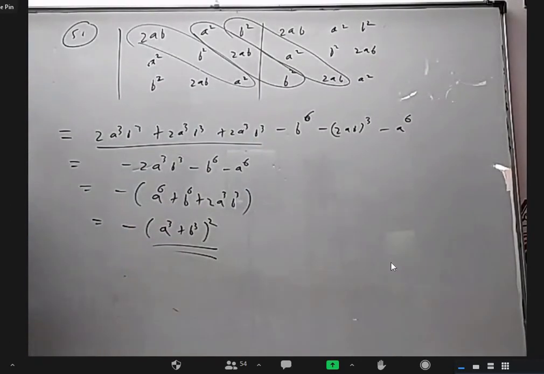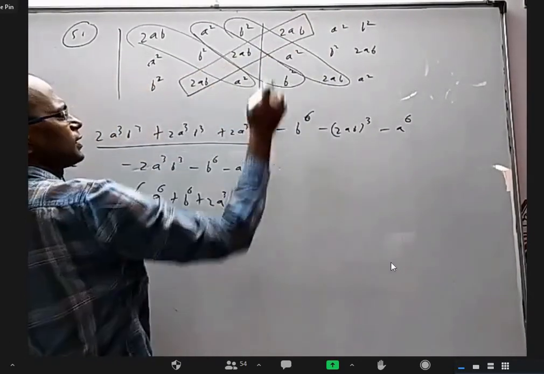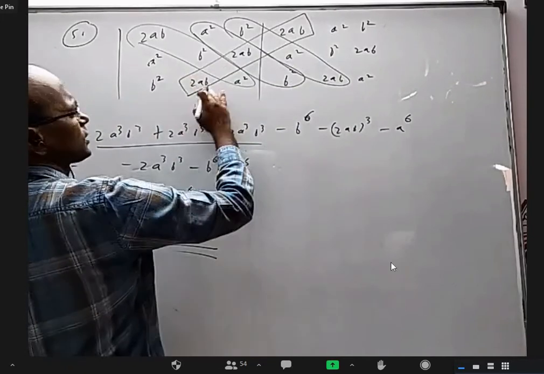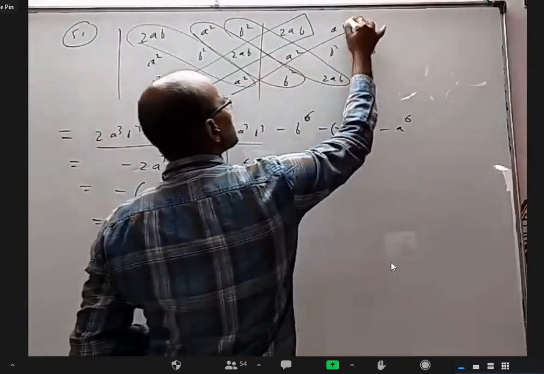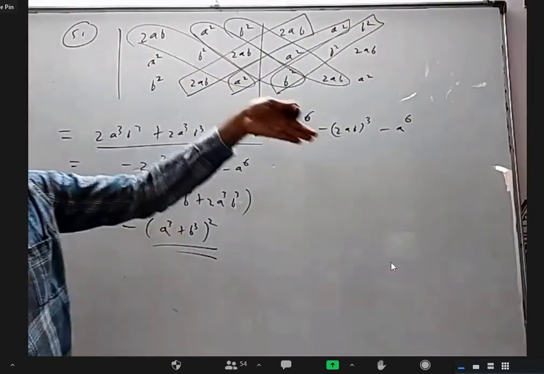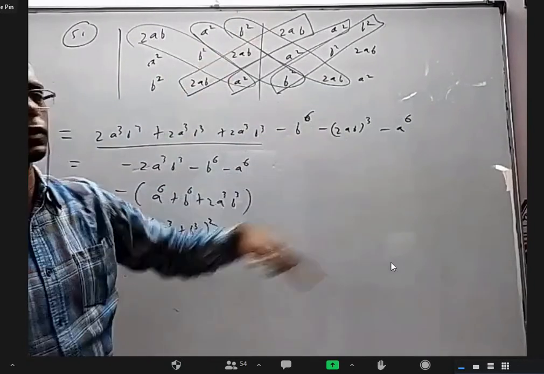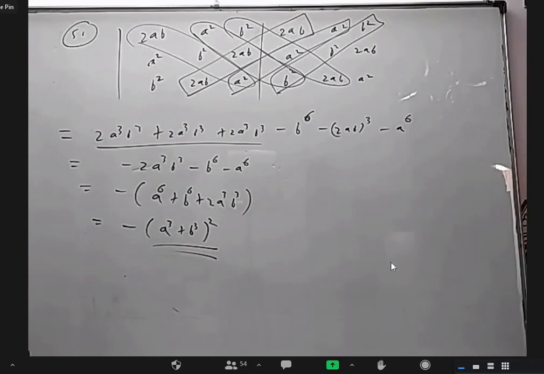Next, this product is a minus 2ab, this I wrote in any order. This is minus 2ab whole cube. This is minus a power 6. This is minus b power 6. So these three are positive products. These three are negative products. That's how I wrote this. Is it okay? Did you ask or somebody else? Yes, sir, me only, sir. Okay, fine.